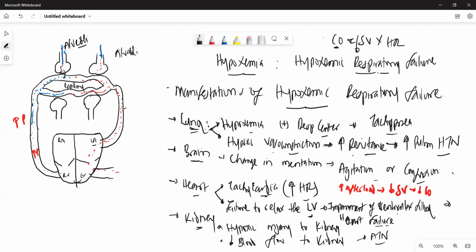So having said that, let's now move on to the causes of hypoxemic respiratory failure. So the causes of hypoxemic respiratory failure. So let's